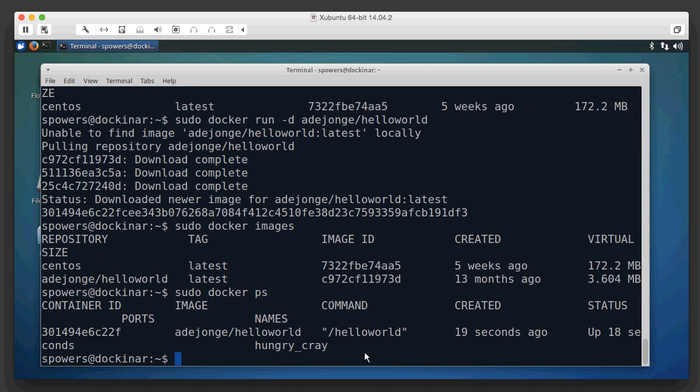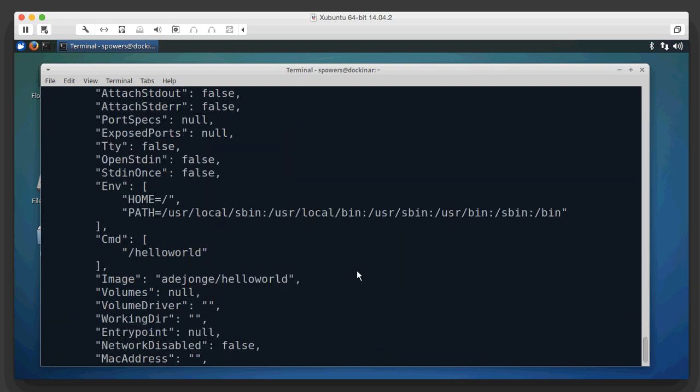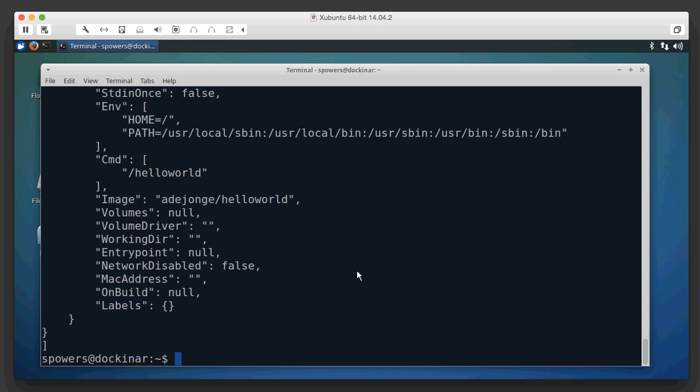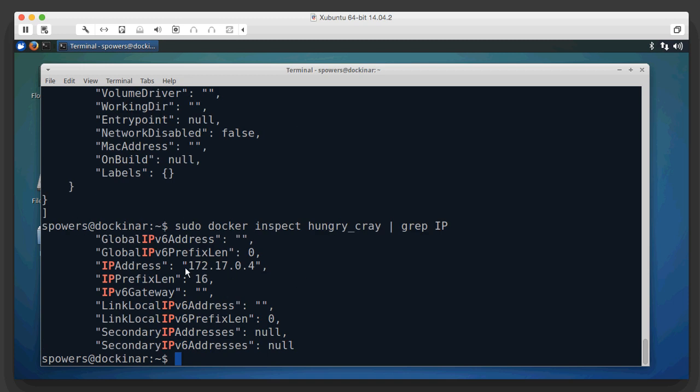So what we need to do is type sudo docker inspect hungry_cray. Again, this is just the random name. Yours will be different. Press enter, and we're going to get a long string of information. Everything you've ever wanted to know about this running container, right? So what I'm going to do is type that command, but then I'm going to pipe it through grep IP. What this is going to do is show us all that same information, but only the lines that have the letters IP in them. So we do that, and it's filtered out, and here we have the IP address